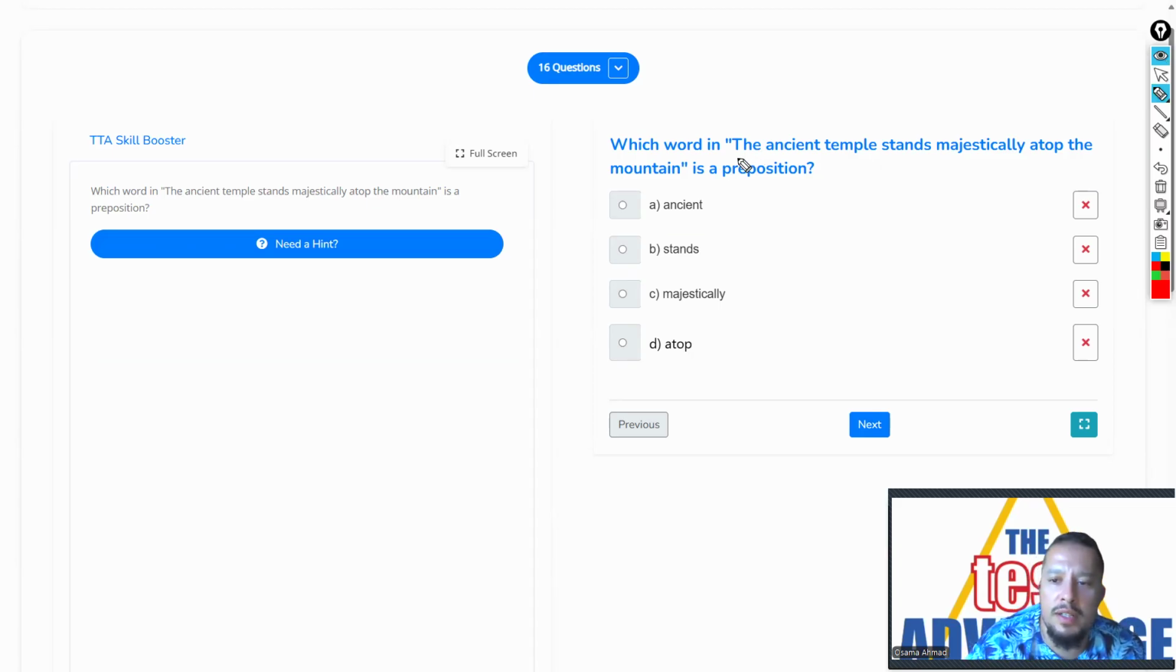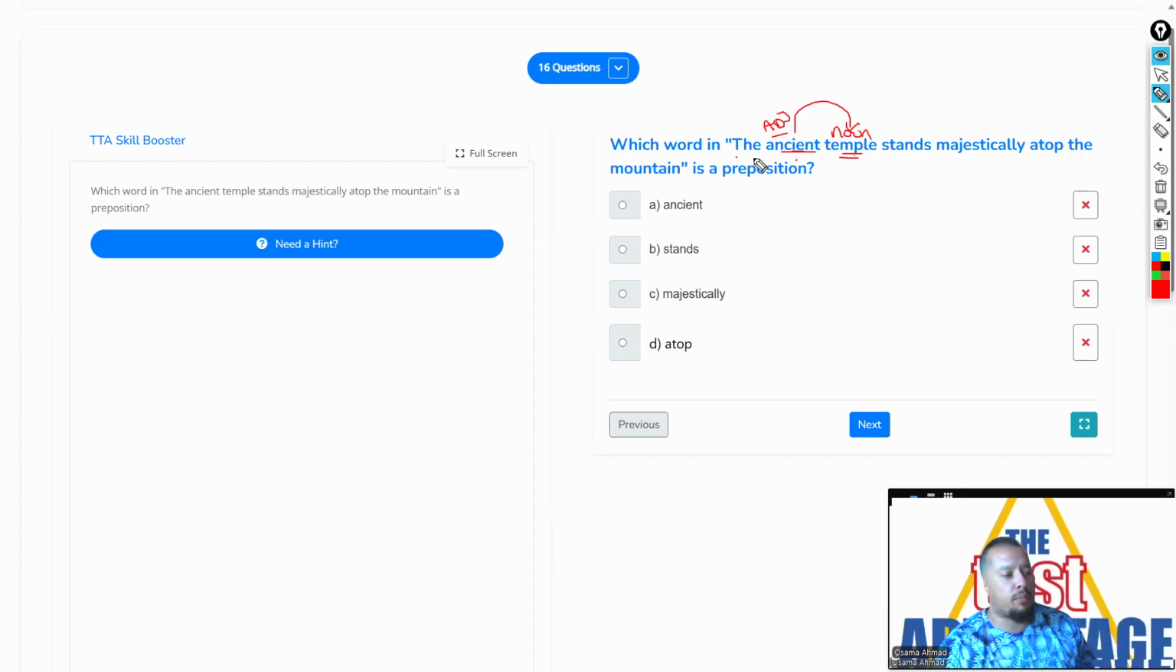You said no. So here, look at this, ladies. How do you know? Look at this, the ancient temple. Ancient describes temple. So ancient is an adjective, because it describes temple, the noun. It tells you what type of temple. So it's an ancient temple, or an Egyptian temple, or an alabaster temple, right? And stands, well, this is a verb, because it tells me what the temple does. And majestically, this is a key here. It's the adverb. Atop the mountain